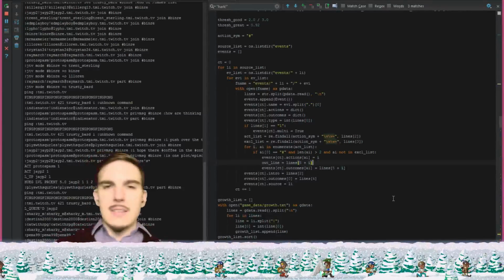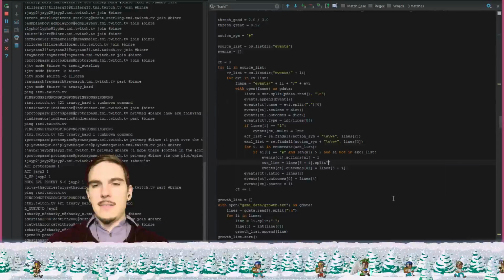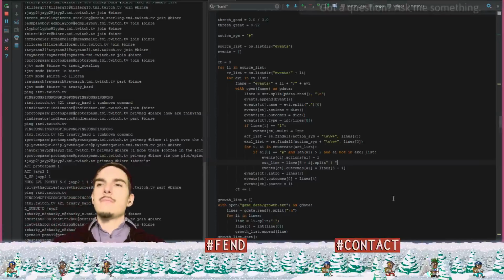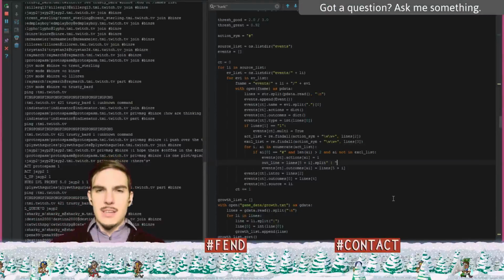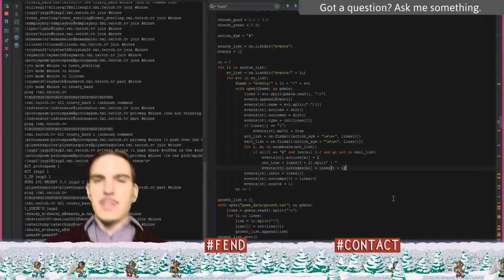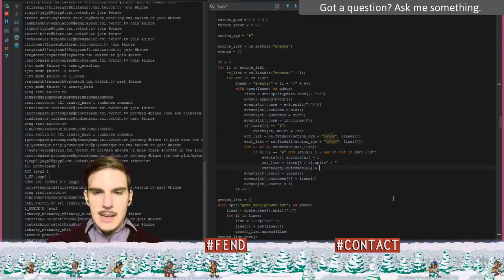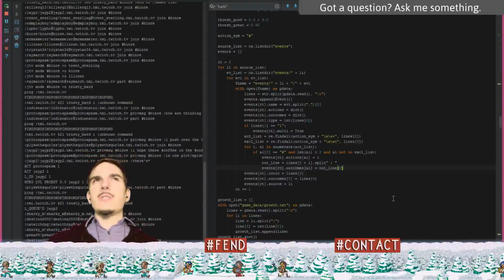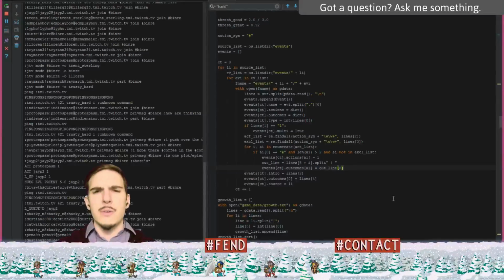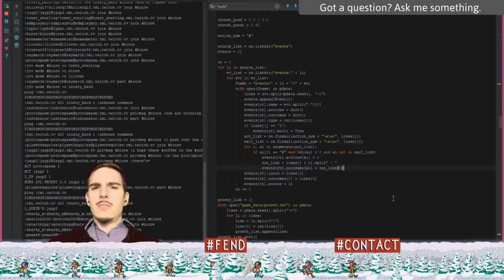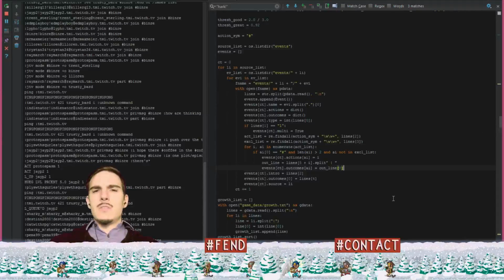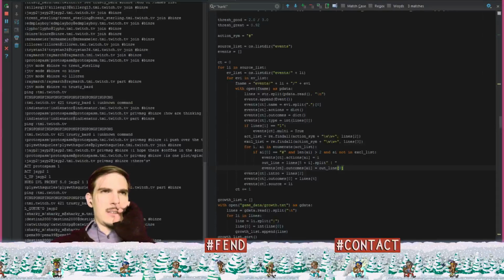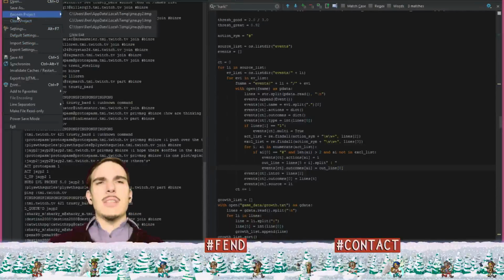dot split on space vertical bar space, and then outcomes will equal outline index 0, because there will always be at least index 0. Wait, hold on, I forget how that works. If you split something on something that doesn't exist,